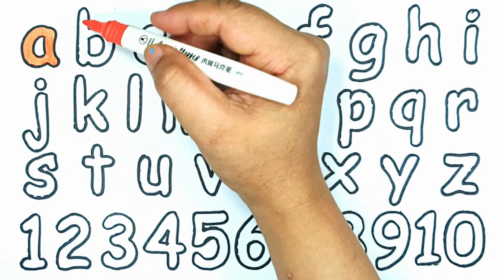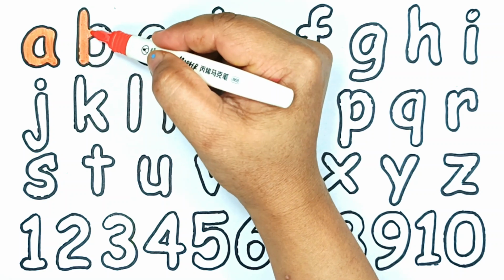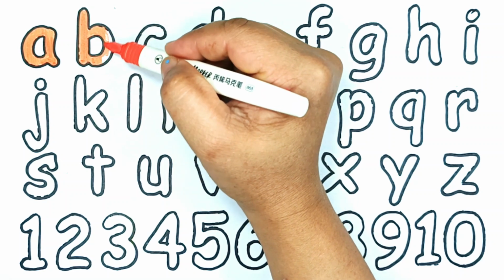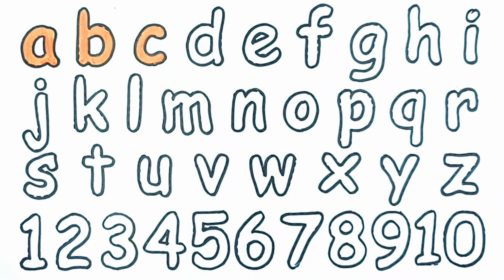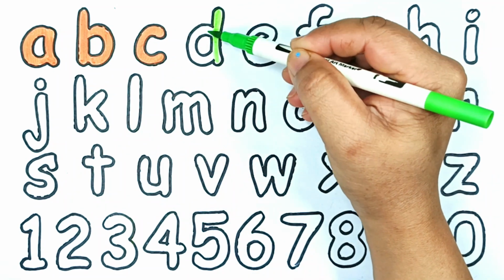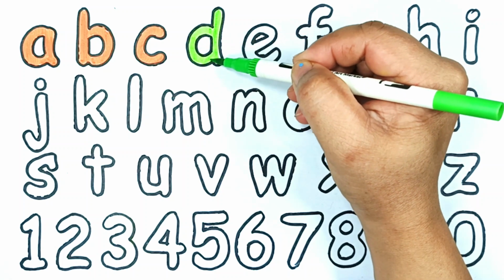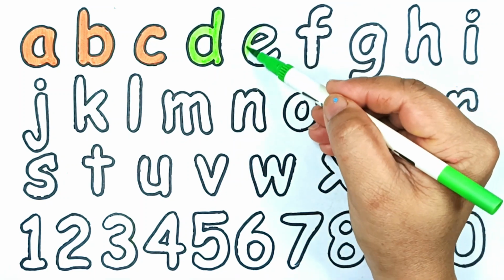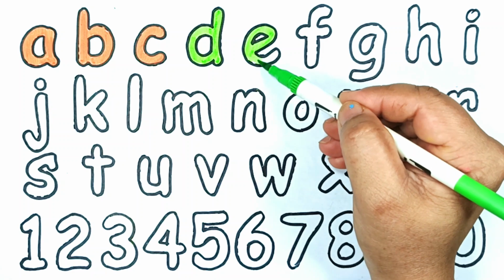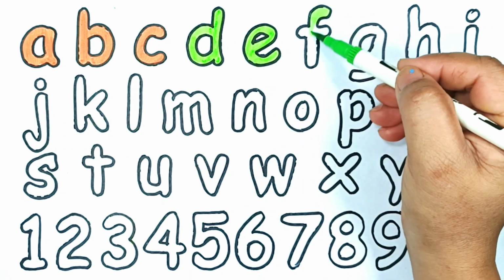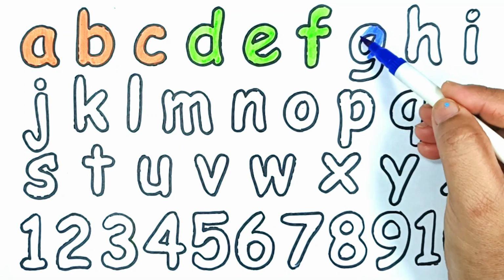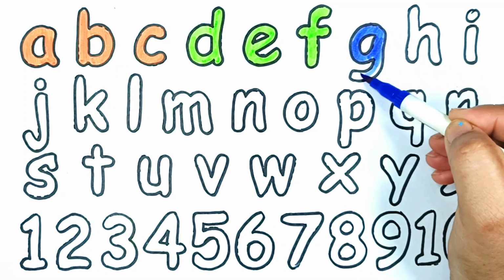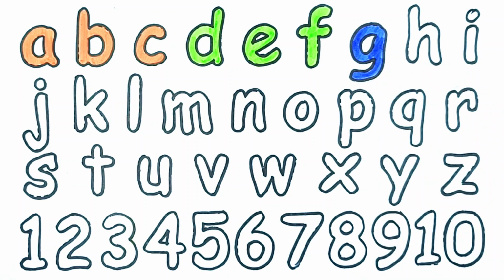A for apple, B for ball, C for cat, D for doll, E for egg, F for frog, G for glass,